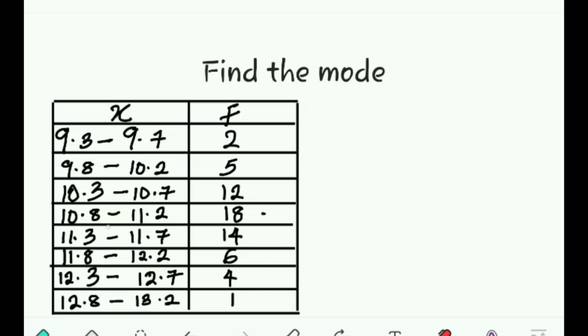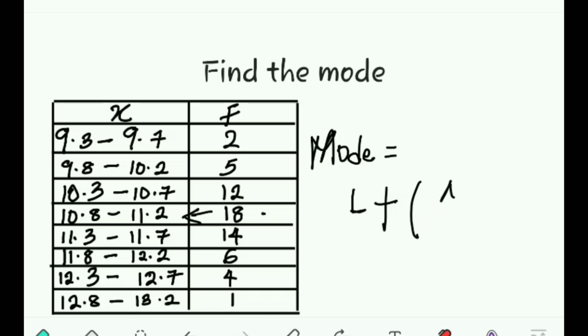And so what you have here is the modal class. This is a class that has the highest frequency, which is 10.8 to 11.2. So how do you find the mode of a group data? The mode of a group data is equal to the lower class boundary of that class